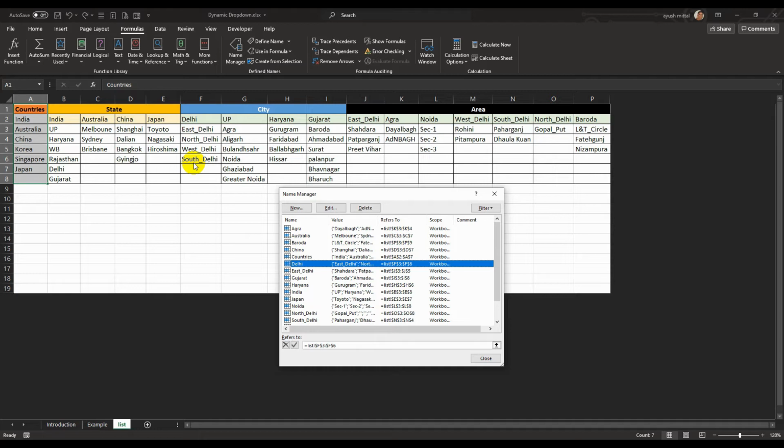One important thing to remember is that these name references don't accept spaces in between, so we have used an underscore within these. Similarly, for UP I have given the reference UP, Haryana as Haryana, and Gujarat as Gujarat.